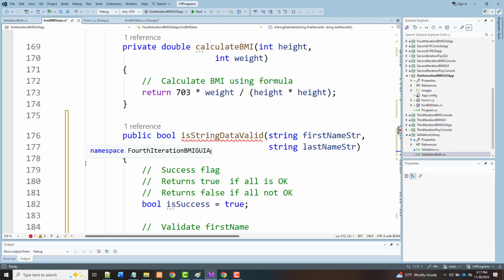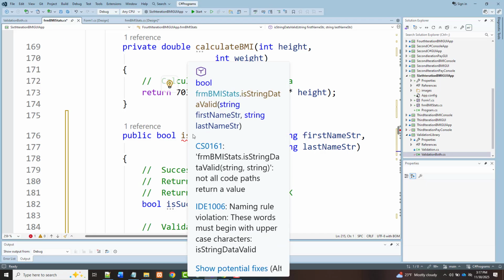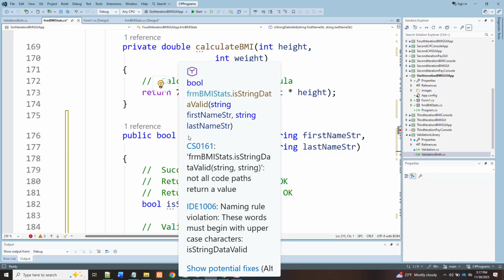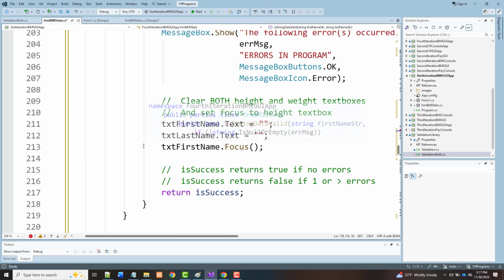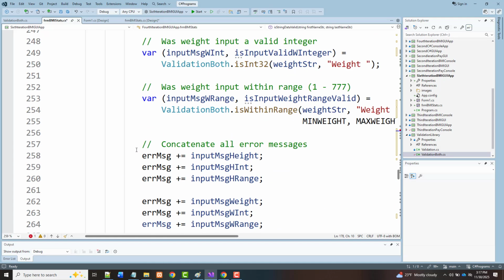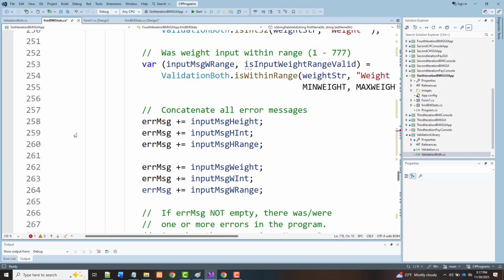Now, all I've done so far is to go in and try to make sure, for lack of better words, all my stuff was done. What I mean is what I added. Now, we got here a public bool, and I'm sure it's going to say, let's see, not all paths return a value. All right, this thing, this if statement, yeah, I want